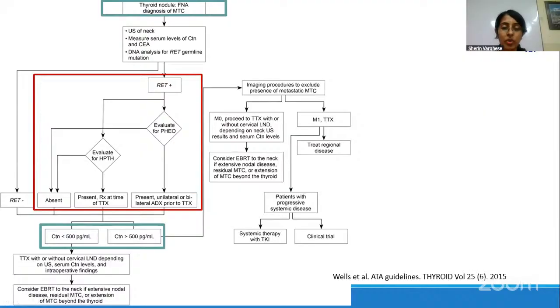This is a flow chart which helps us understand how to follow up a patient once the FNAC of the thyroid nodule is suggestive of medullary thyroid carcinoma. Definitely we should do an ultrasound of the neck, calcitonin and CEA, and then the RET germline mutation. If the RET mutation is found positive, we have to evaluate for associated conditions like pheochromocytoma. If pheochromocytoma is found, adrenalectomy has to be done prior to the thyroidectomy. We have to look for primary hyperparathyroidism as well. If found positive,